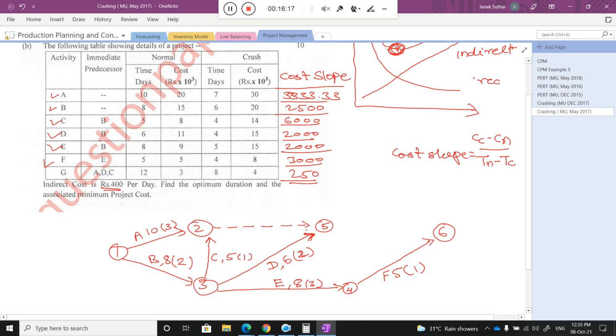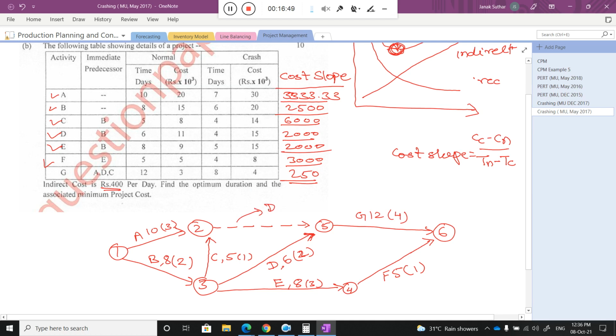Okay, and now if I draw this G, if I start G here and end here, now it is according to my table, according to the project. Now I can say this is the activity G and the time duration is 12 and the feasible reduction is 4. Okay, so is there any doubt, class? Is there any doubt?